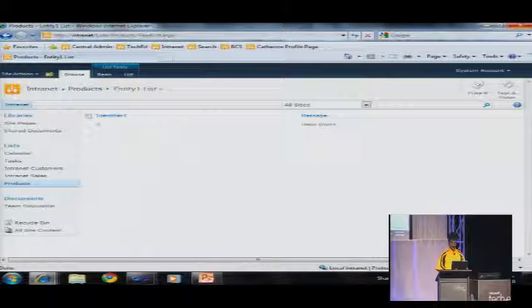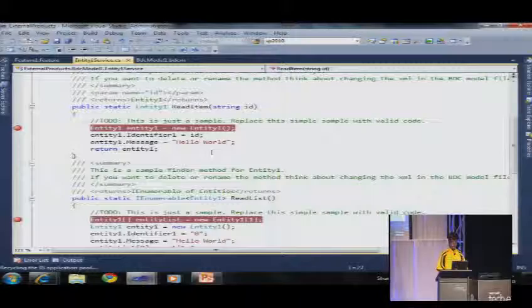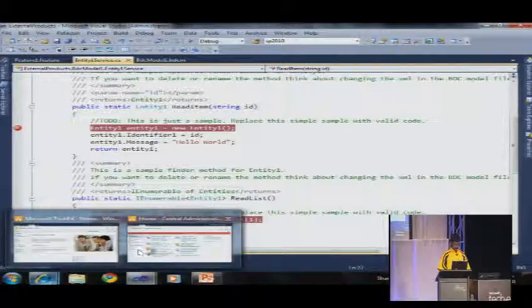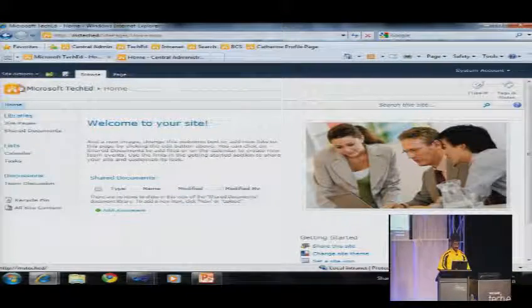So now I can close this. I'll stop debugging, right? If I go back,